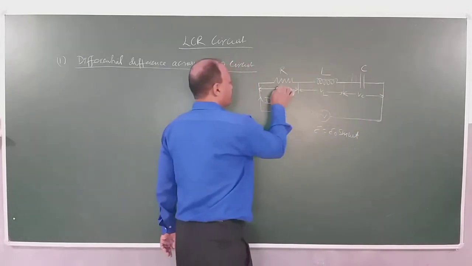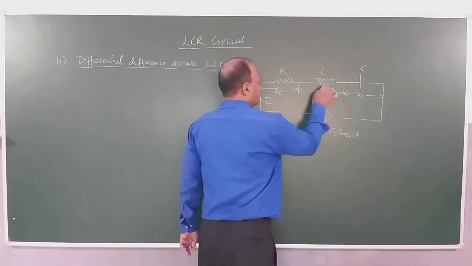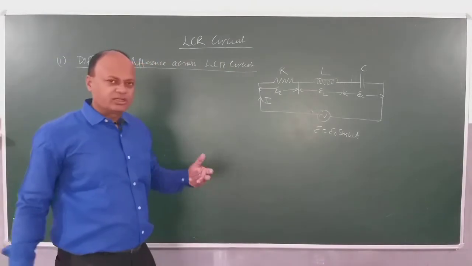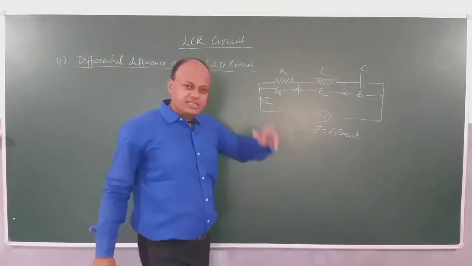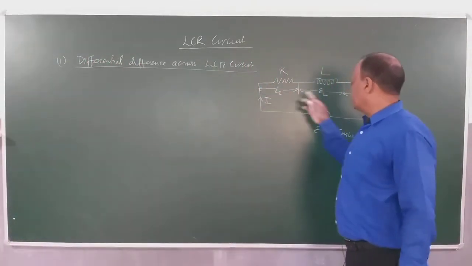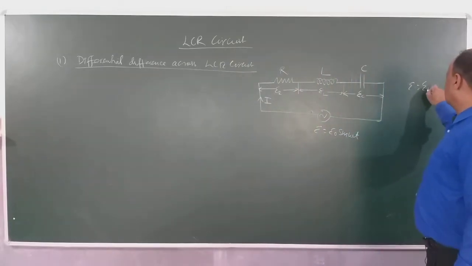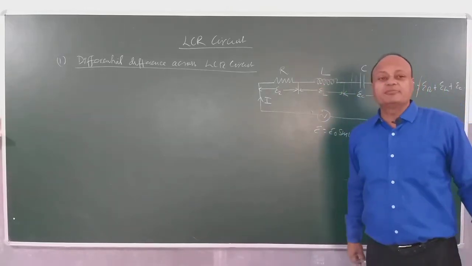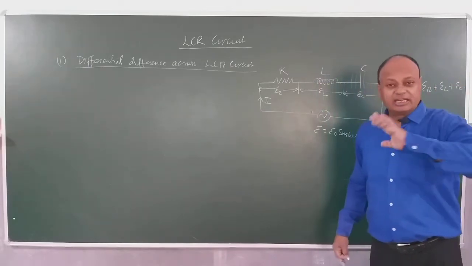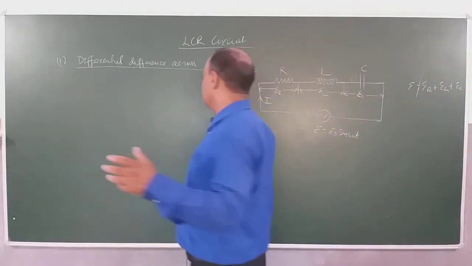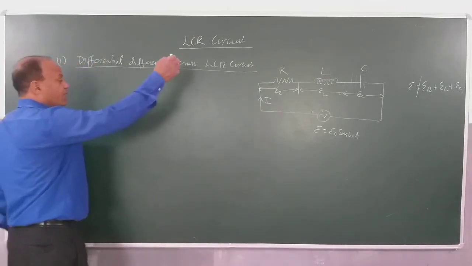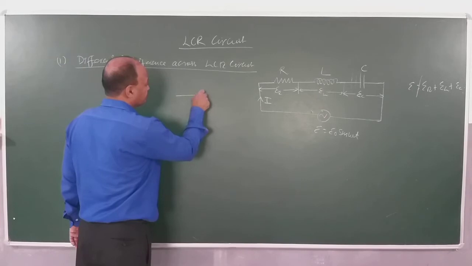Or you can also write, since we are writing E, ER, EL and EC, it is all the same. You can write V also. If it was a DC circuit, then I would have said that the potential difference here will be E equals ER plus EL plus EC. But we cannot say this here, because they are not in the same phase. In case of DC we would have said it, in case of AC we cannot. So let's see what exactly we can say. Let's try to understand this problem vectorially. Potential difference across resistance.